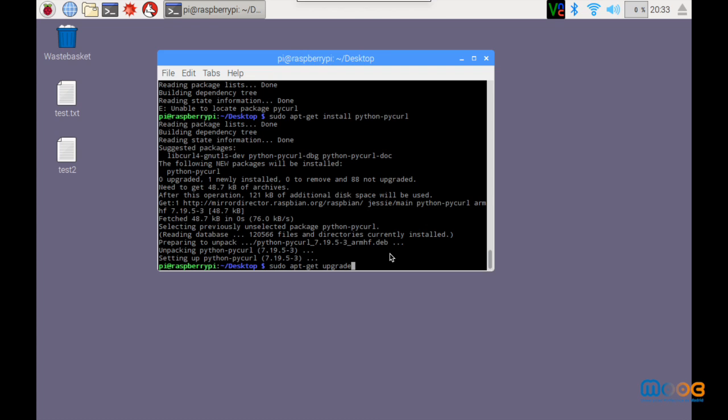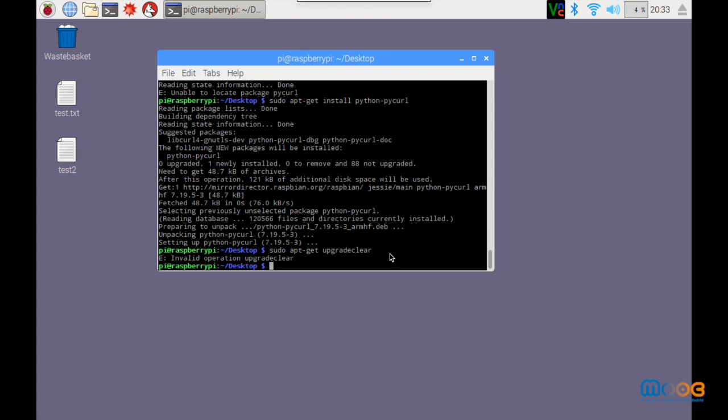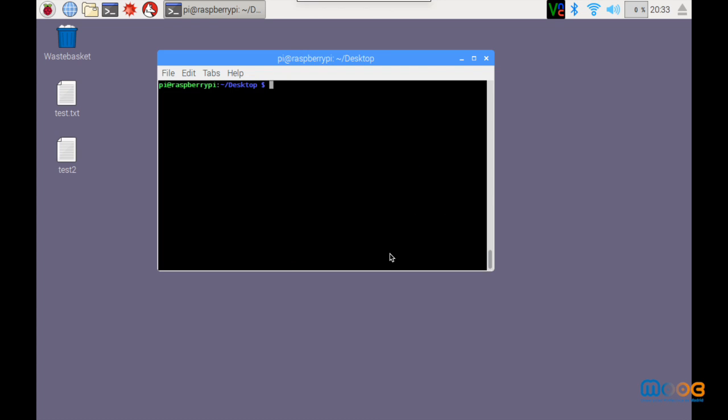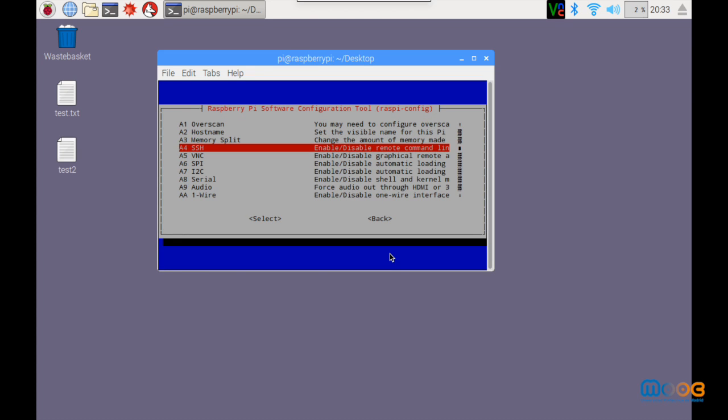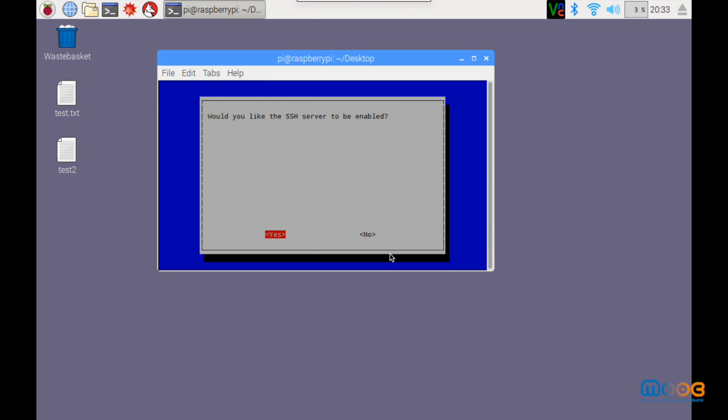First, you can clear this a little bit, sorry. And then we run sudo raspi-config. We go to advanced options and we have here SSH, and we can enable it. I have already enabled it, but you click on yes.